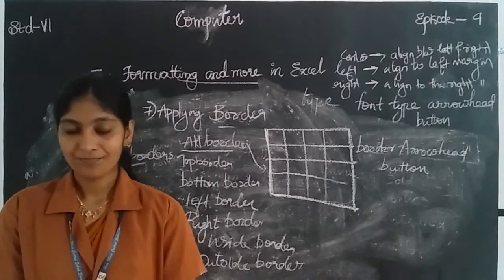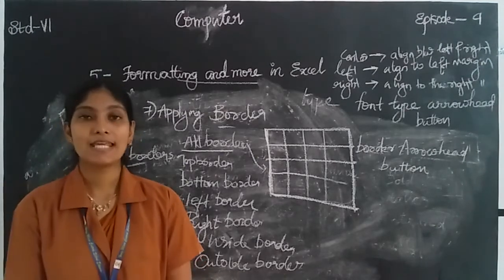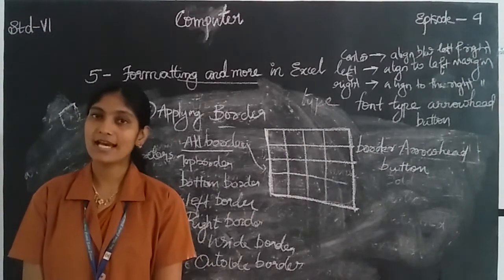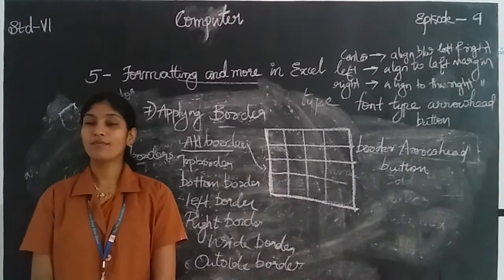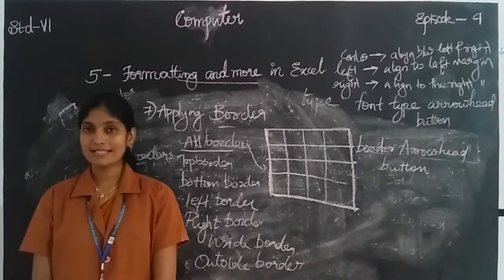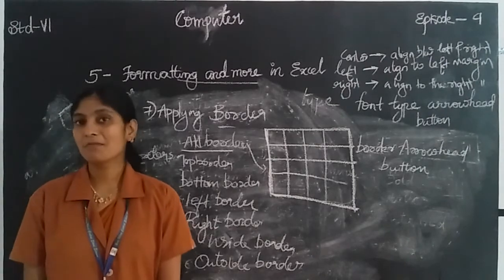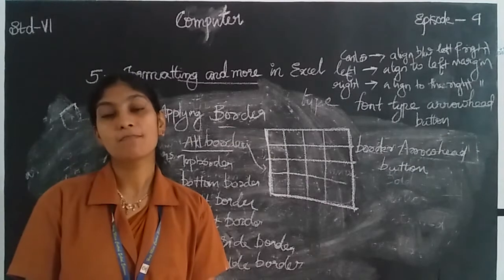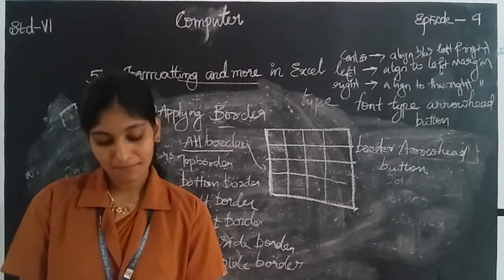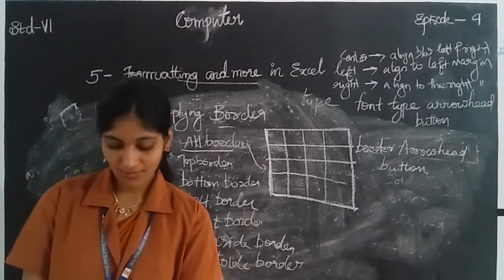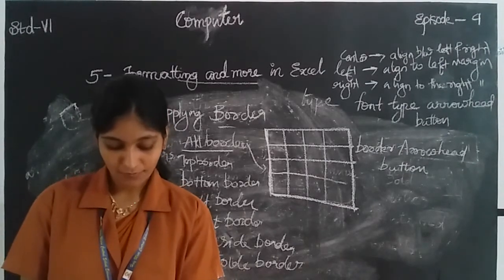So mainly, what are the ways? Changing the font type, changing the font style, changing the font color, then changing the alignment of the data, or changing the border, then setting the alignment, changing the background color, etc. So first one, changing the font type. Font type means